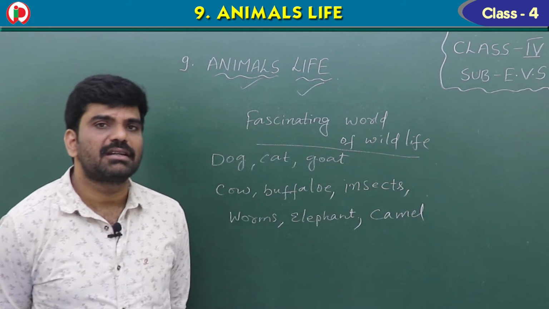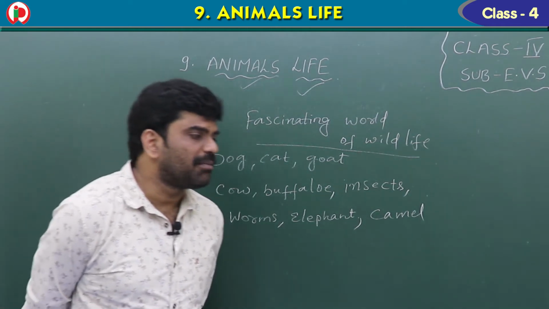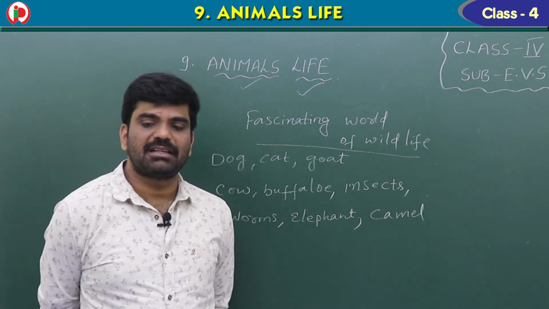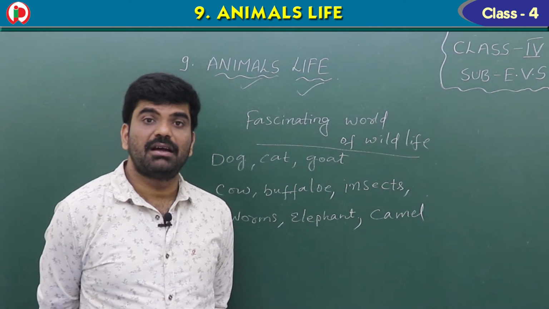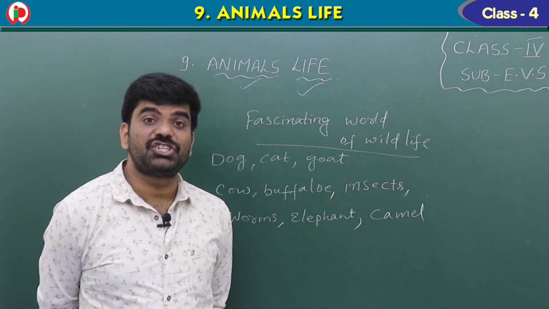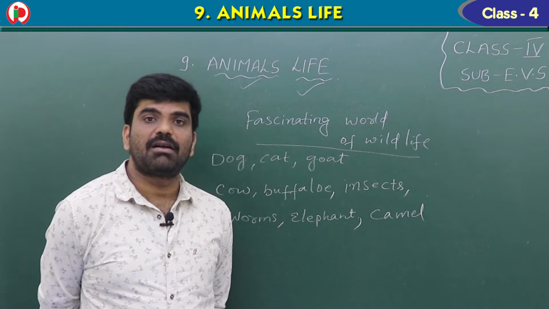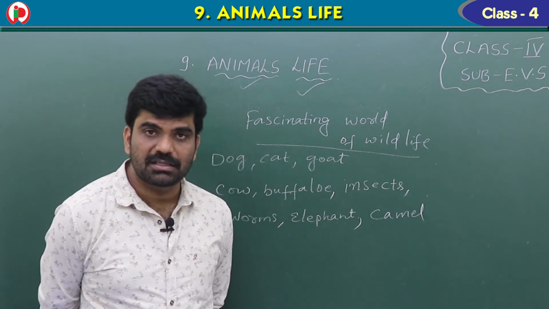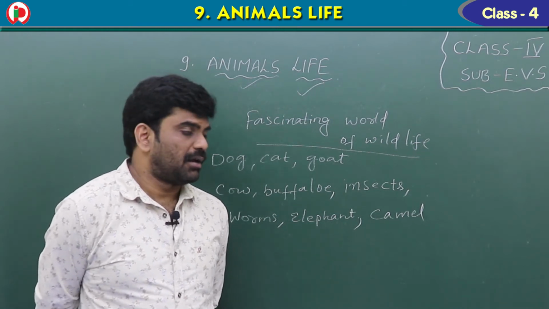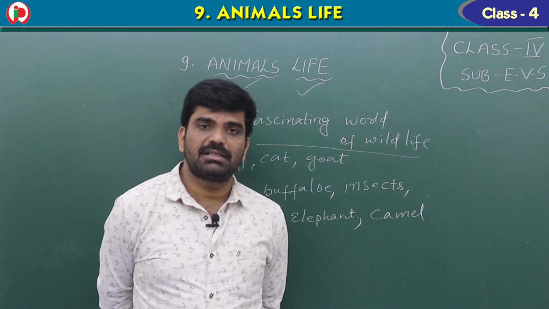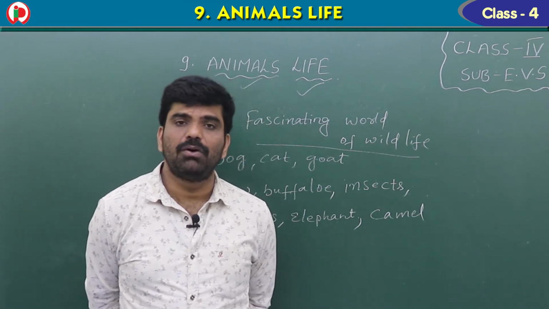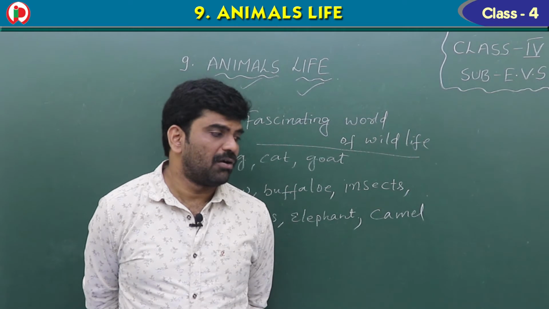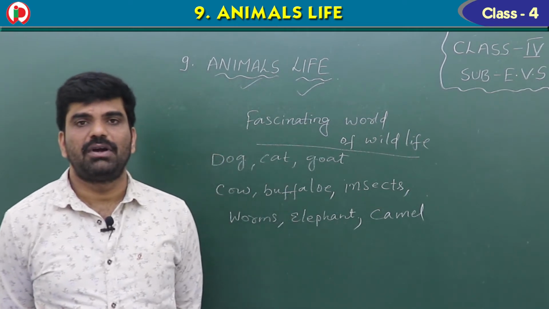What is the reason why we are not taming the tigers or lions? Because they are wild animals and they are ferocious animals. They may cause harm to us. Okay? And not only these dogs or cats, some people will go for the taming or domestication of some